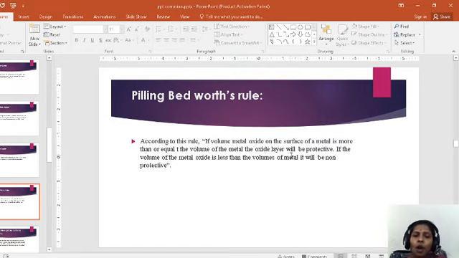So this is oxidation corrosion. And the next type of corrosion is corrosion by other gases. So what are the other gases? Other gases are chlorine, sulfur, hydrogen and hydrogen sulfide. Here these are the remaining gases. So when the metal is reacting with the remaining gases, it also undergoes corrosion, also forming either a protective layer or a non-protective layer.